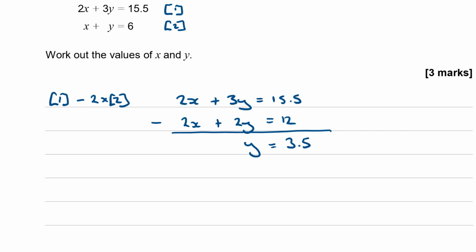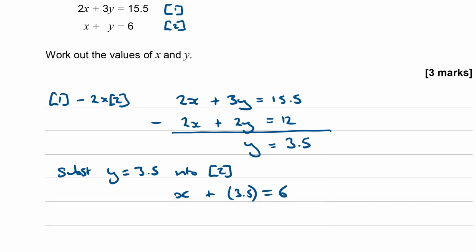Now we need to find x. To do that, we just need to substitute that back into one of our original equations. So substitute y equals 3.5 into, which one looks easier? I think I'm going to substitute into equation 2. So x, what we want to find, plus y, which is 3.5, is equal to 6. So rearranging that, I'm going to get x equals 6 minus 3.5, which is going to give me 2.5,